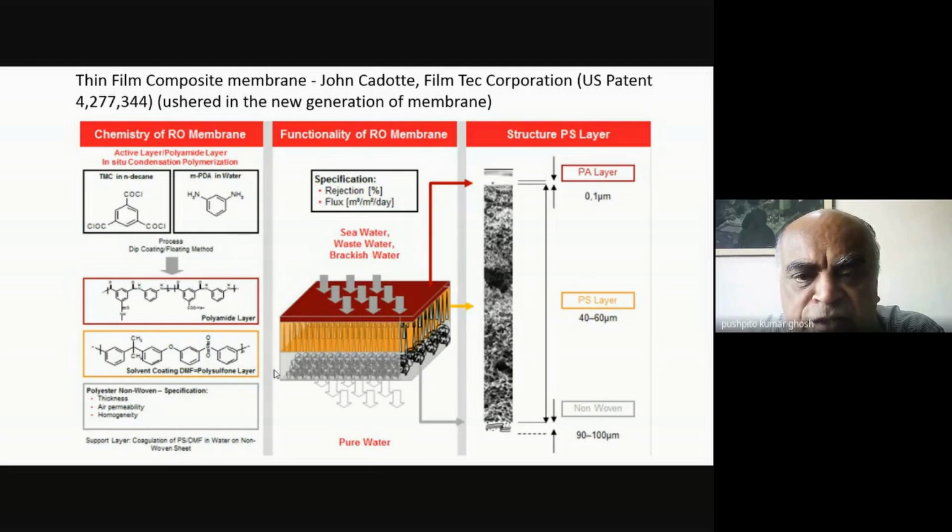This is the technology that is used everywhere today to make RO membranes. No one really uses a cellulose acetate membrane, and I'll also tell you why. Now, what they did was they did it in three layers. So the first layer was just non-woven fabric. So you take a very porous non-woven polyester fabric, and over the polyester fabric, what you do is that you